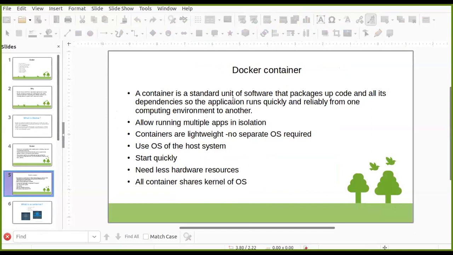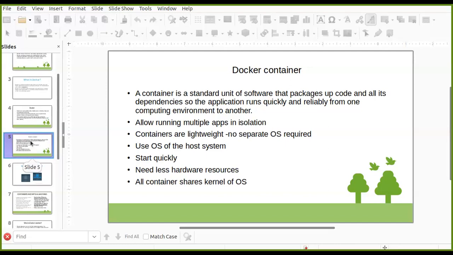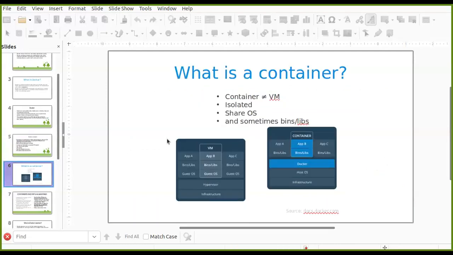For example, we are adding dependency libraries, tools, runtime support. Then what is the difference between virtualization and containerization? Before understanding these things, we need to understand what a container is and what a virtual machine is. Okay. So if you see this diagram carefully,